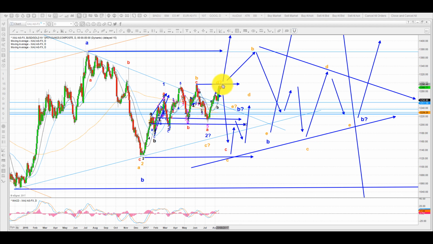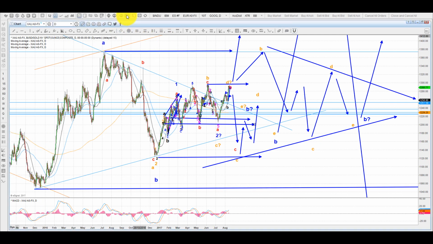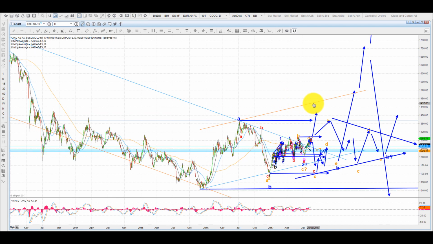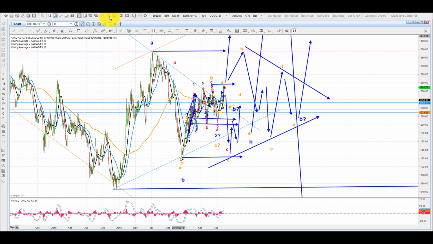And that will gather speed once it blasts above this level, and if it shoots strongly, quickly towards 1380, you can rest assured that we will see further continuation, and it is unlikely to stop before it reaches the other side of this channel. Okay, and it could of course continue much higher than that. That is one option. The first hint that we could be dealing with a third wave here would be, of course, a run above this level,